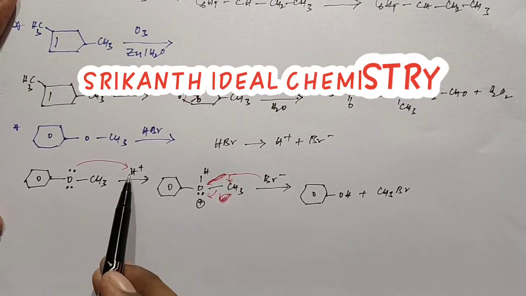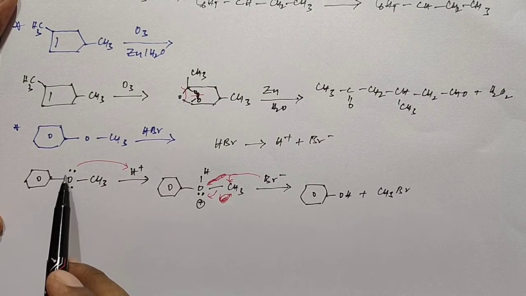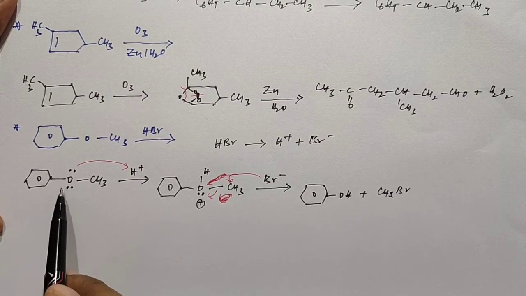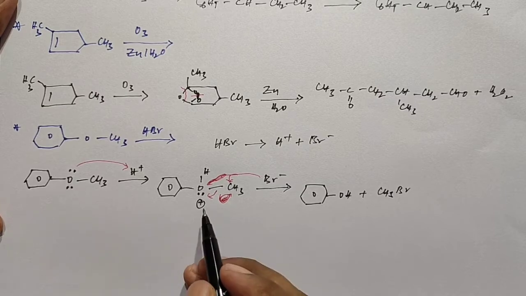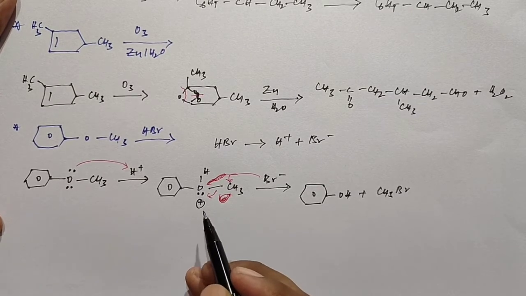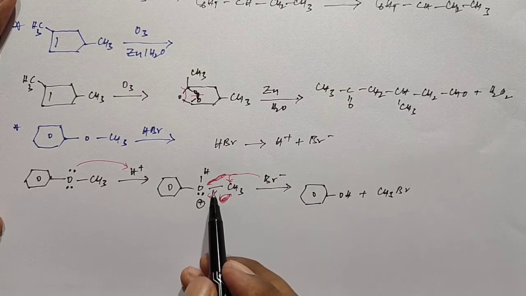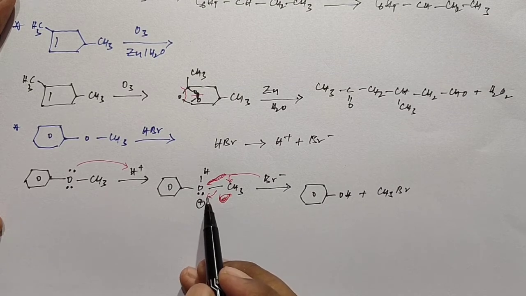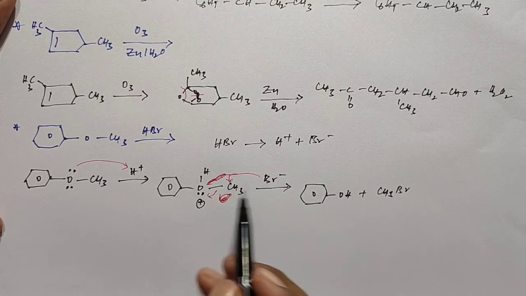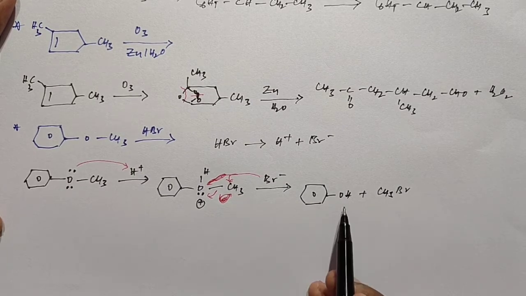Once again, you can see this reaction. When this given ether reacts with hydrogen bromide, the proton initiates the reaction. The oxygen donates one of its lone pairs to the H plus ion and forms the cation. After that it reacts with the bromide ion. At that time, the sigma bond present between oxygen and the methyl group, these sigma electrons shift towards the oxygen as a lone pair, and the bromide ion makes a bond with the methyl group. We get the products phenol and methyl bromide.